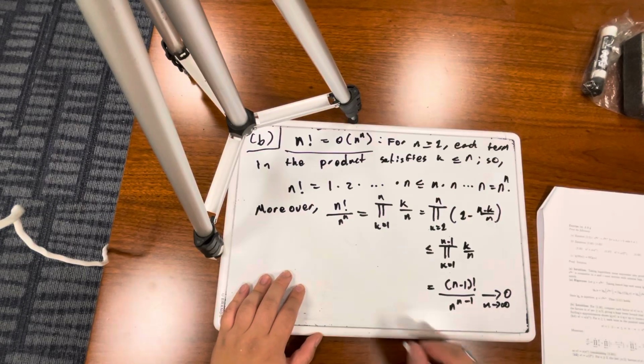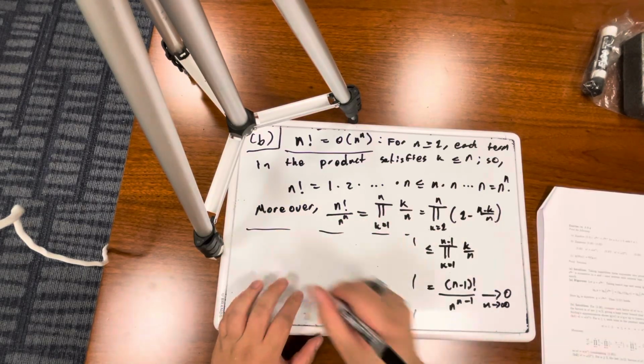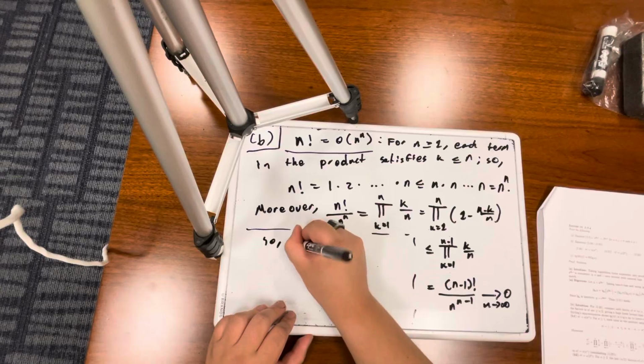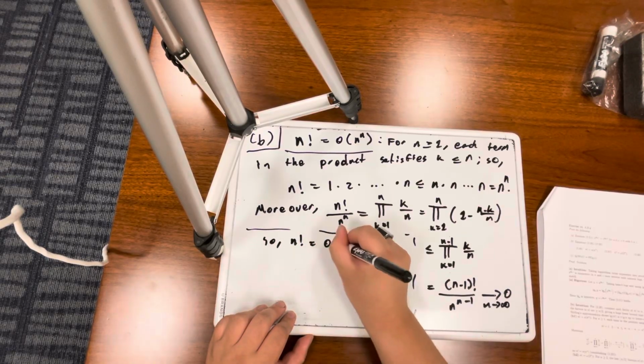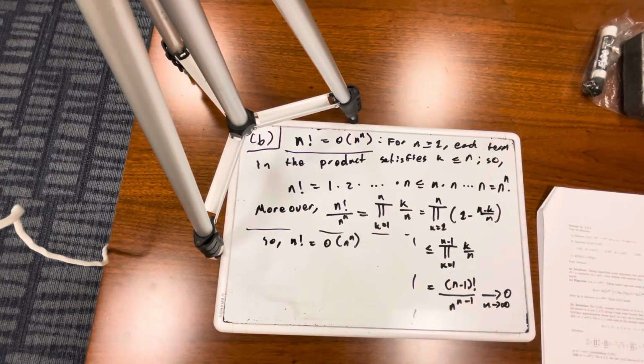A lot of notation, but all of this is to say n factorial is equal to little o of n to the n, which is what we wanted, and by definition it fits the strict